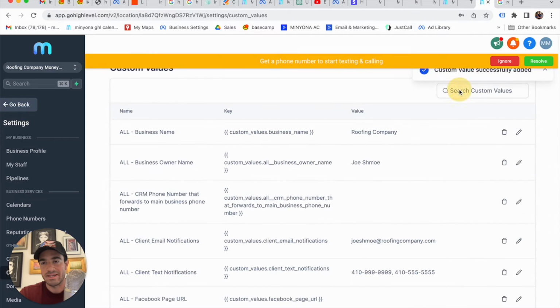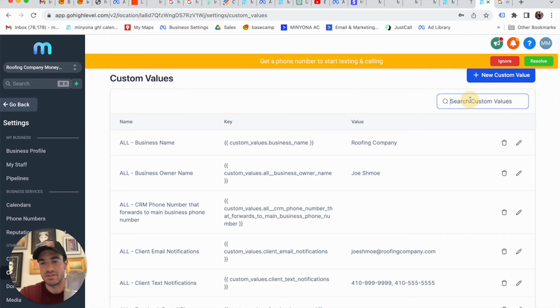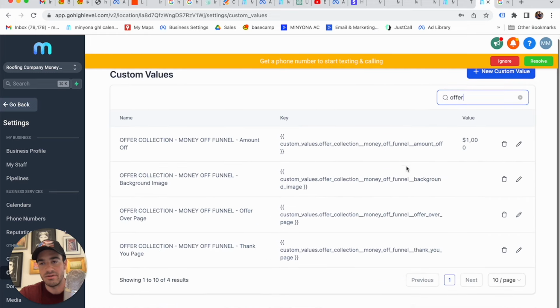By the way, if you want to get back to all those offer collections, those offers, just type it in here and it'll sort it. So, money off background image. Now, this is where we need to put in a link to an image that we want to use as a background. So,